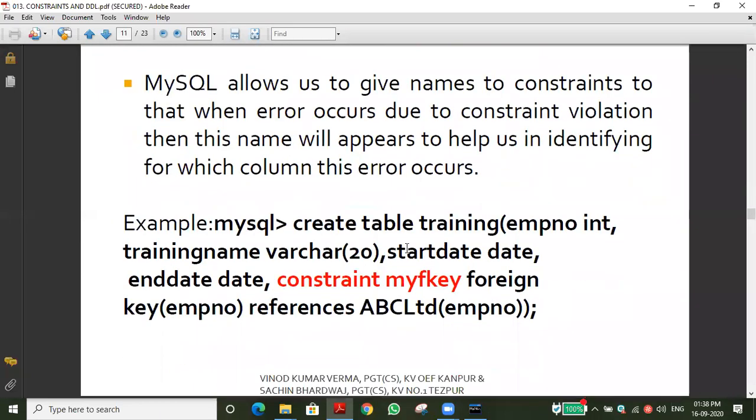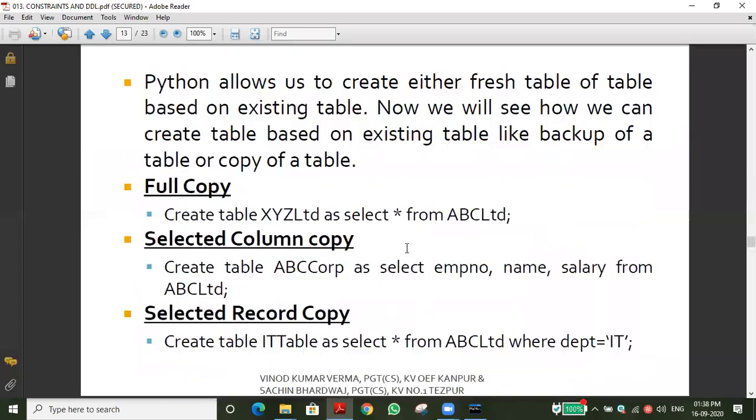Can you recall how to do it? You can see this. Yes, sir. Full copy: create table new_table as select all from master table. So it will select all the records from there. So easily we can add also for the transport department.